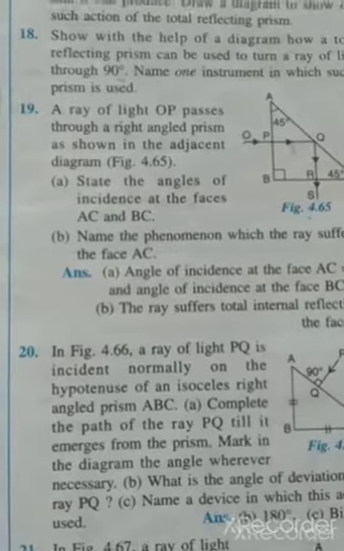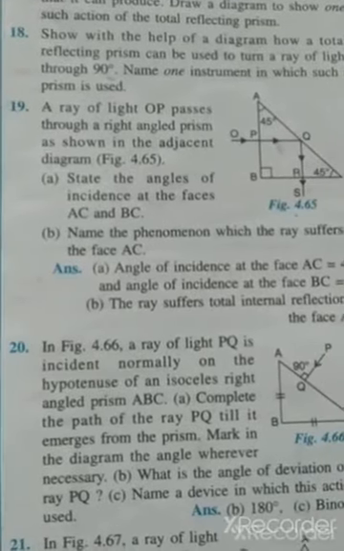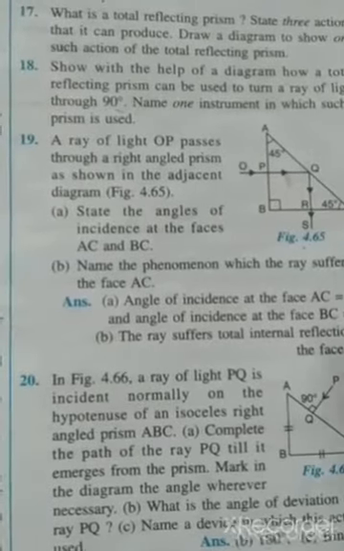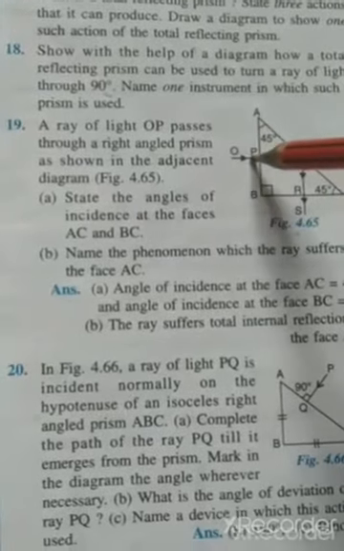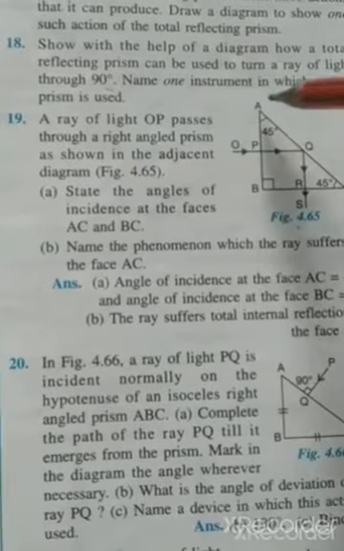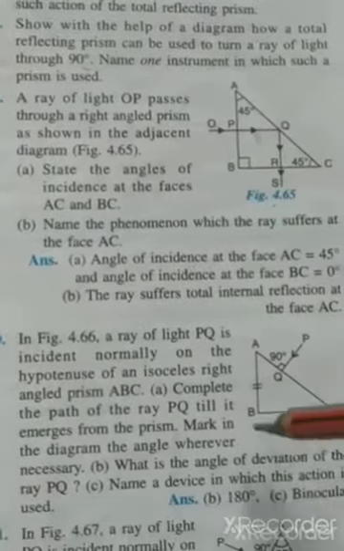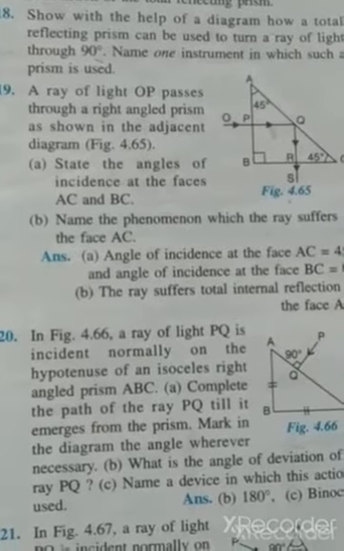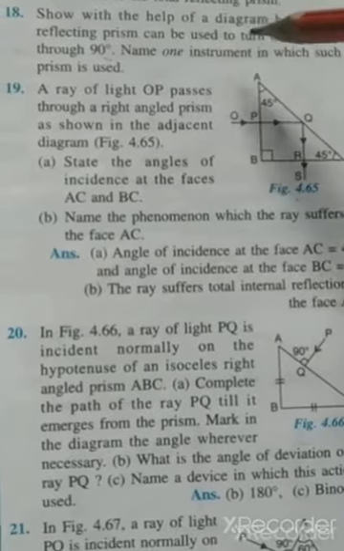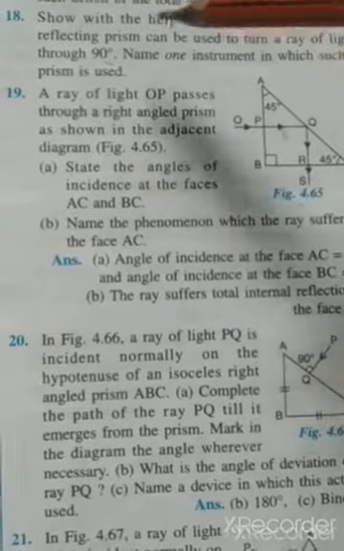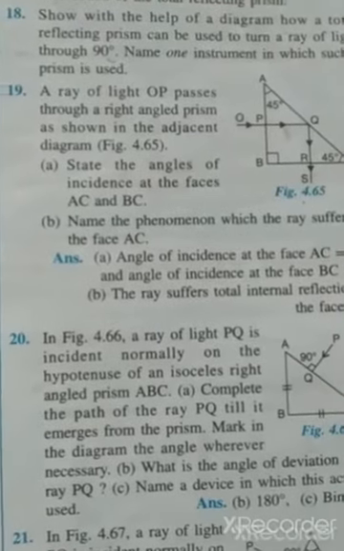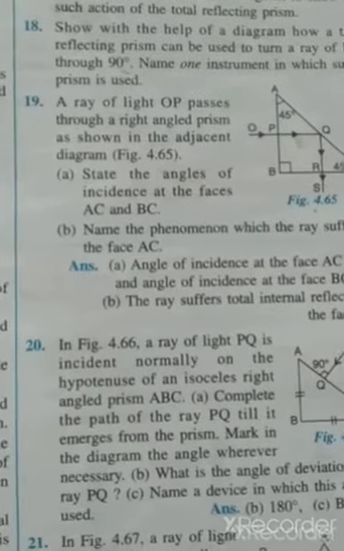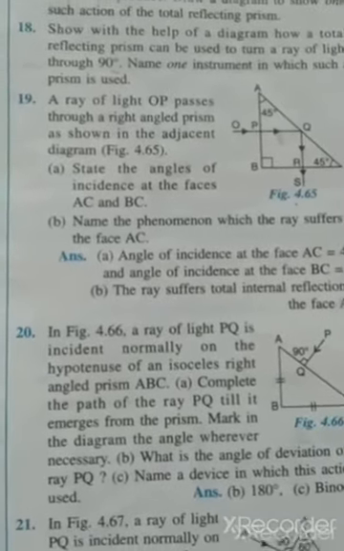Okay, so this is the type of question which will be asked. Either you will be asked to draw the ray diagram, or a figure will be given to you and a ray of light is shown like this here, and you have to complete the path of the ray of light like in this question. This type of question will also be asked in the board examination, or in statement form it will be asked to show with the help of a diagram. So in both ways you need to be prepared for how you will write your answer or how you will draw the ray diagram. Clear?